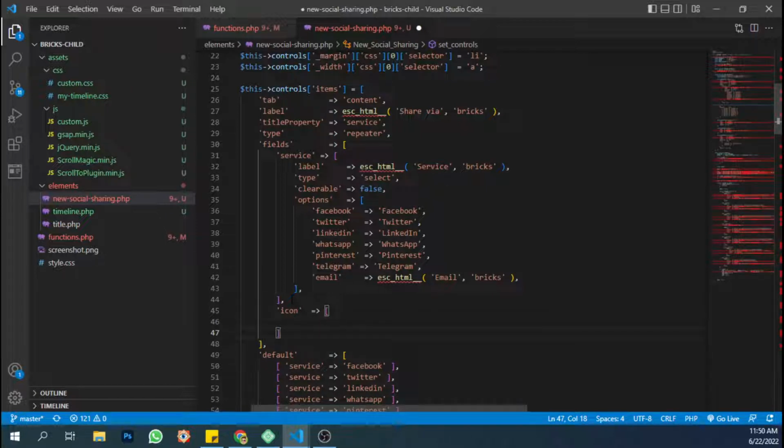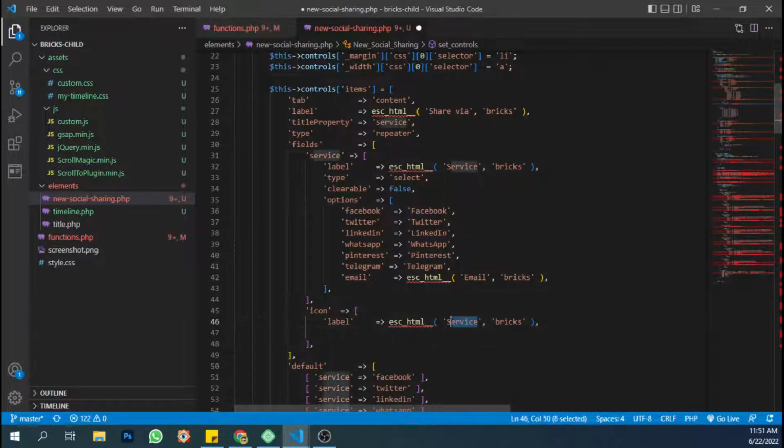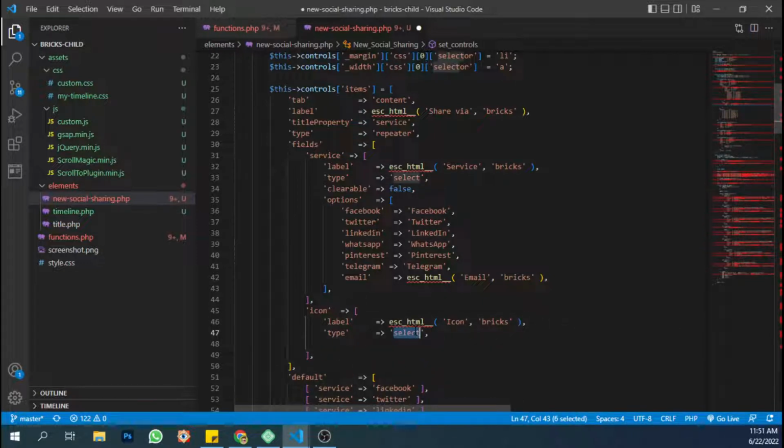And I close up, close the tag here, and let's copy this label, change this to icon, and we're gonna add icon label, icon type. Okay, we're gonna copy this to this type, change to icon,